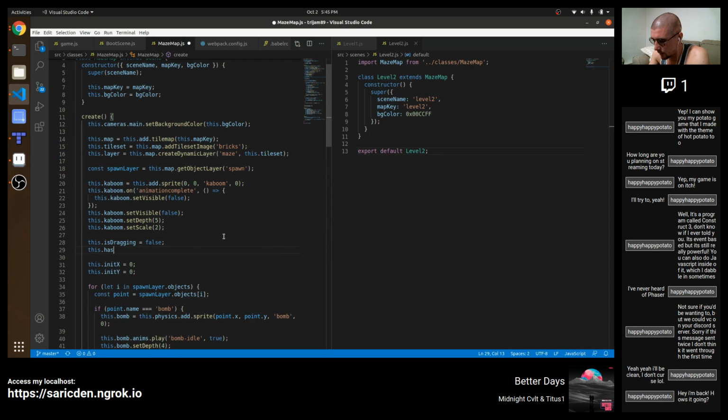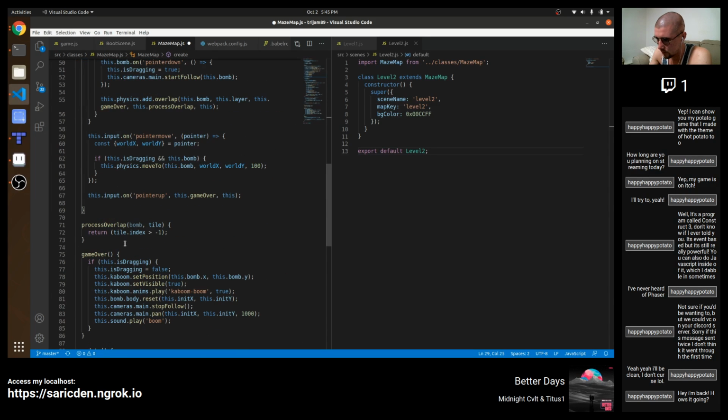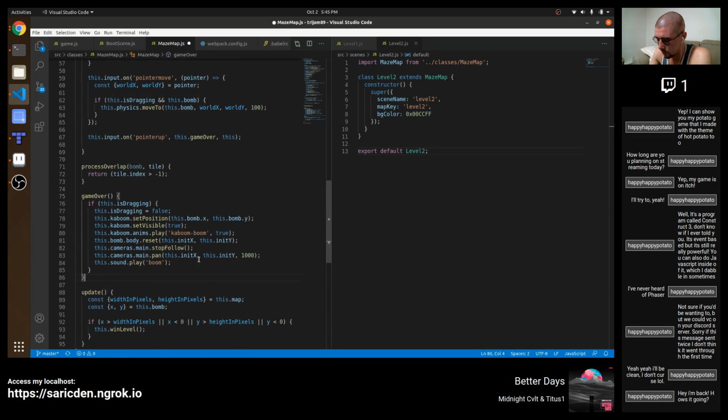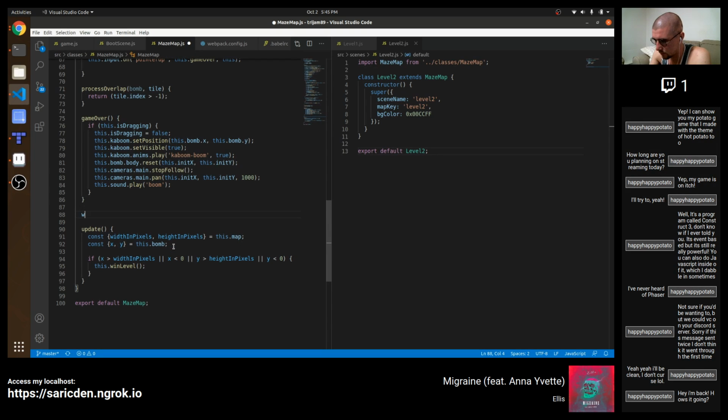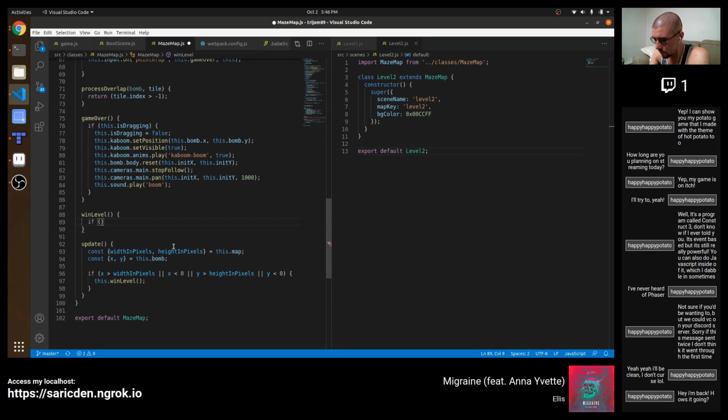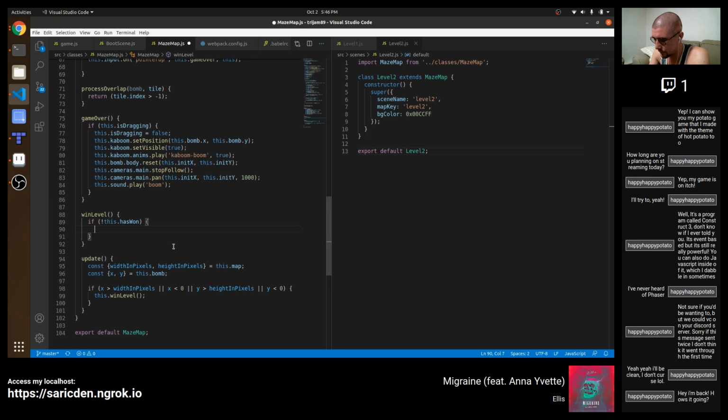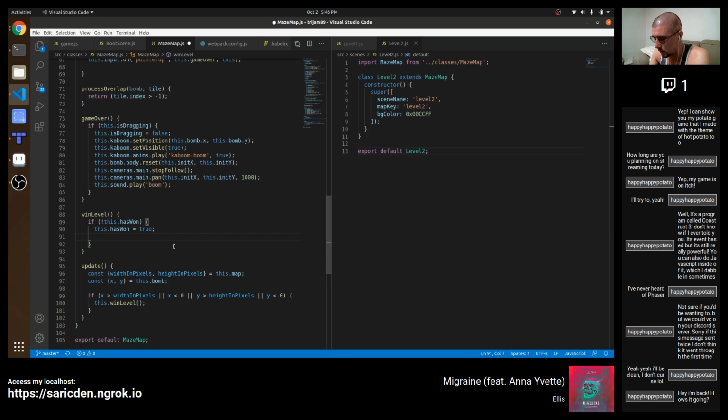This dot has 1 equals false. Let's say win level, if hasn't 1, let's say this dot has 1 equals true. And I think what we're gonna do